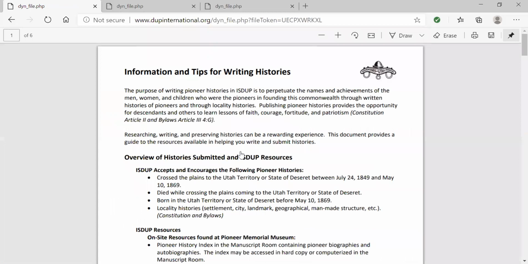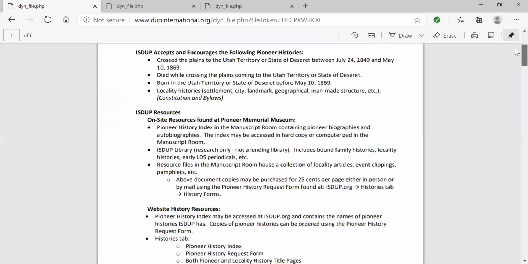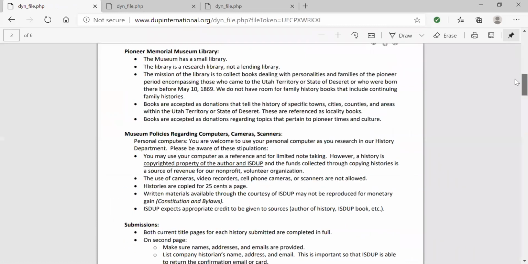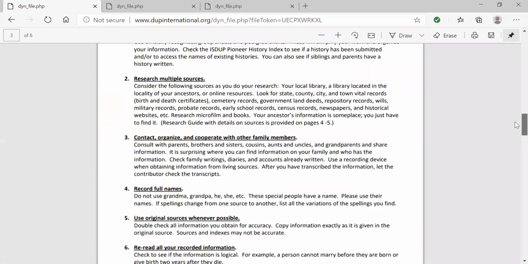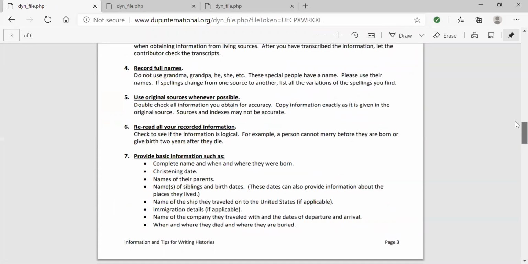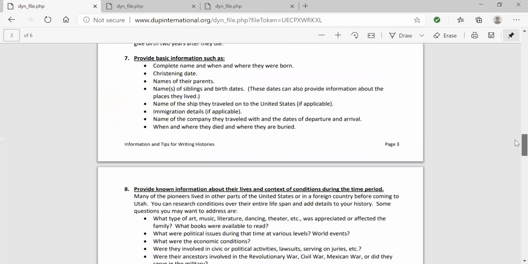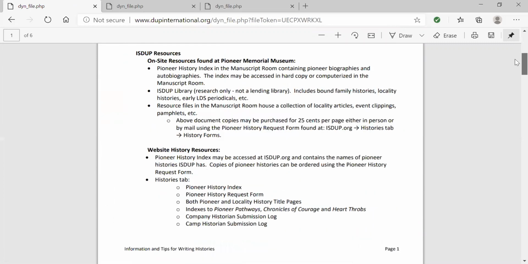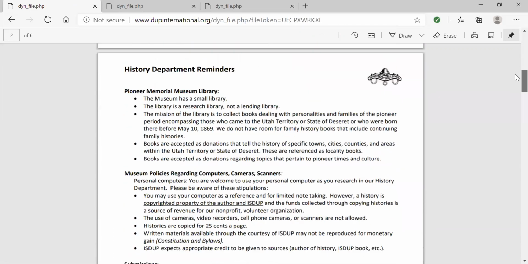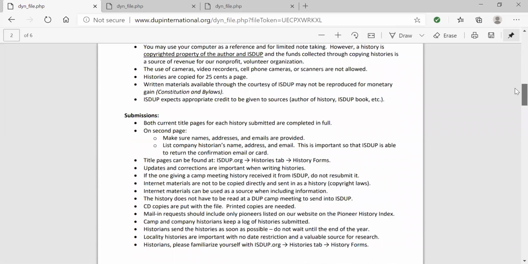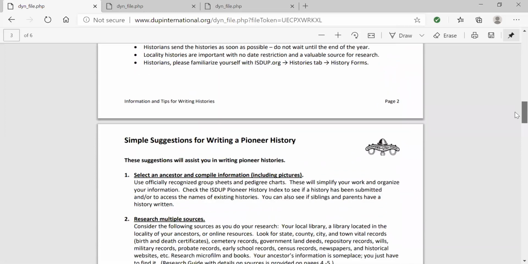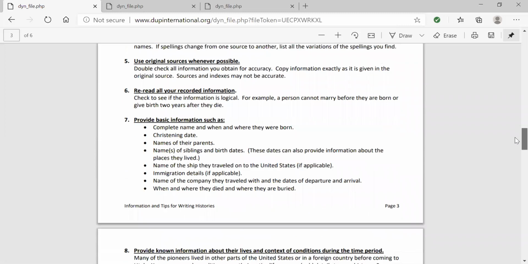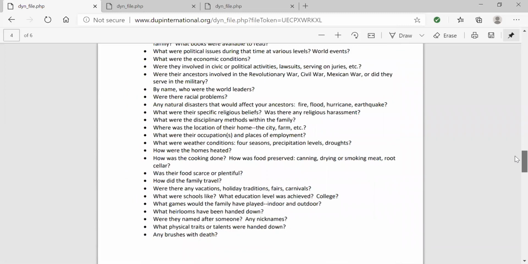Then I wanted to make sure that you're aware of a resource here. It's under the Histories tab. And this is a 6-page document that we've put together using information that's been used in President's Packets in the past. And our historian has worked on this and several others in our group to give you some just easy tips about writing histories and what we encourage you to do, how you can do some research, and what questions you might want to be asking yourself